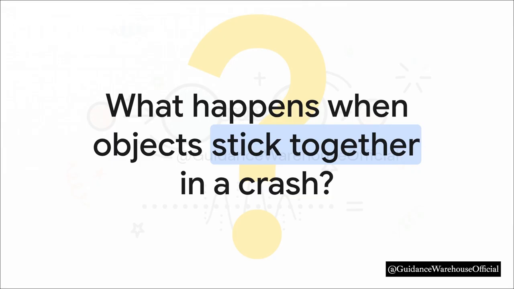So what happens when a crash is so violent that the objects crumple, lose tons of energy to heat and sound, and actually stick together as one single mass? Well, that requires a completely different approach. We call those inelastic collisions, and that is